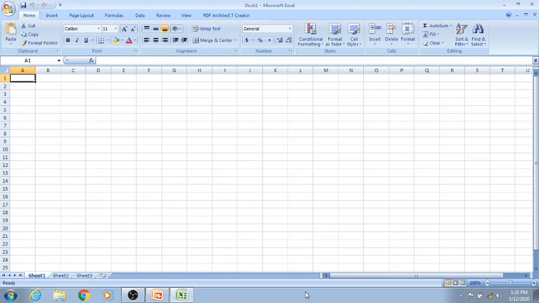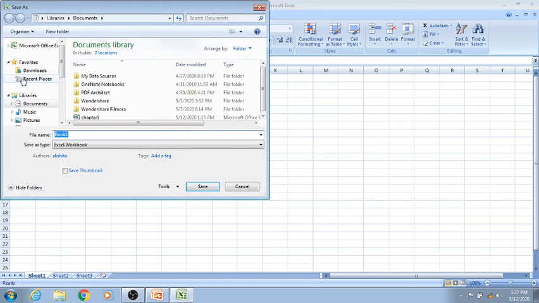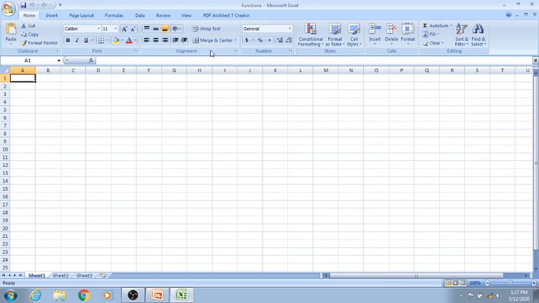So children, this is your Microsoft Excel worksheet. As I told you, whenever you open Microsoft Excel, you will get a book in front of you. On the title bar, you can see Book1 is written, and if you save this file with some name, suppose I have given Save As functions. So the name of the workbook has been changed to functions. Now you can see sheets here. By default there are 3 sheets, Sheet1, Sheet2, Sheet3. You can add more sheets.